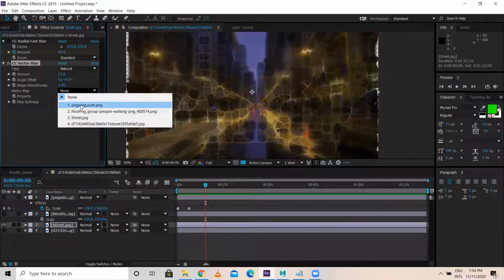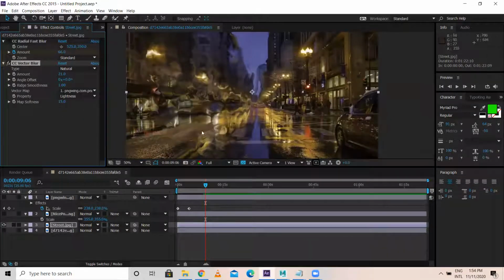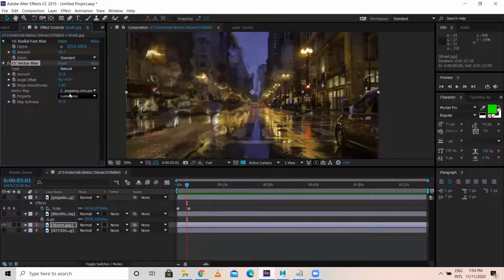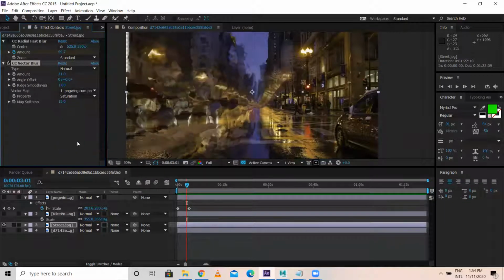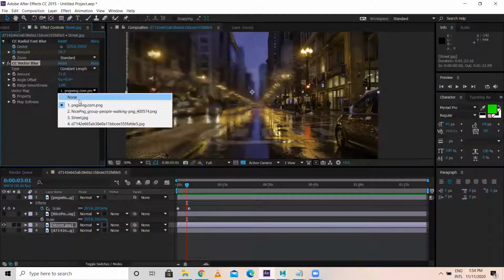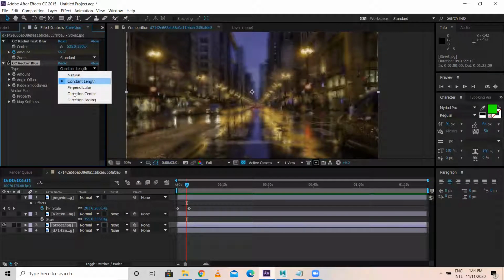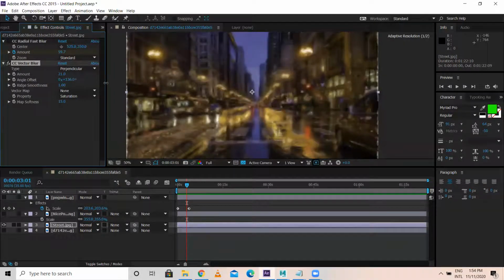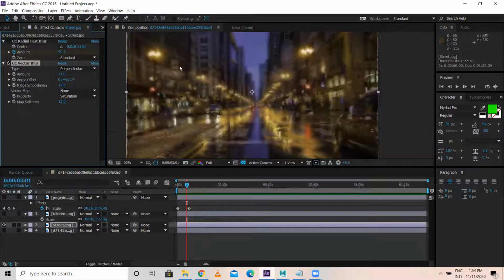Vector map, you can give a vector map to this. These are other options which you have. Like a different effect. So just try this.